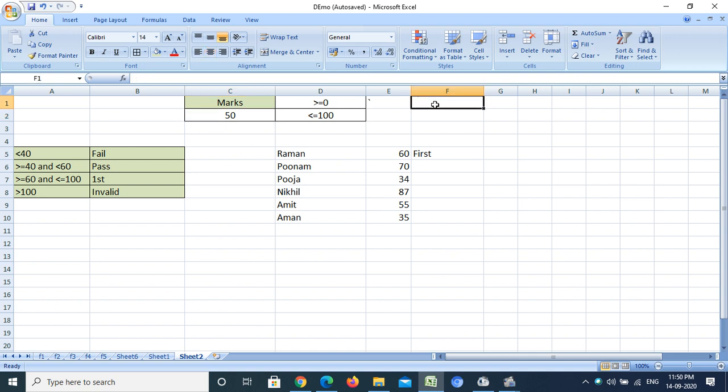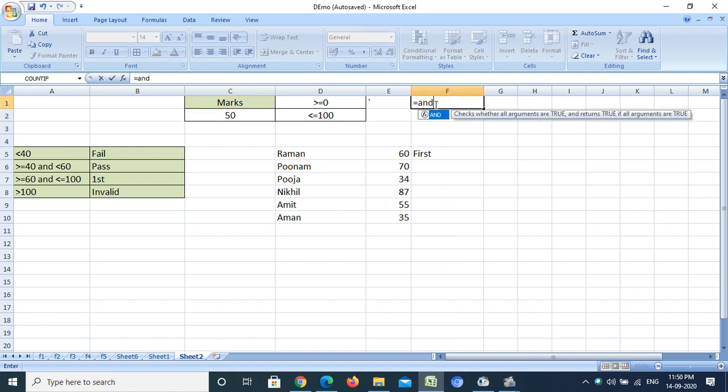First of all, I have to write equal to, then the logical AND function in the bracket. Now if you see, here is logical 1 and logical 2. I have to write the condition here. The condition is that I want to check whether this marks is greater than or equal to 0 and less than or equal to 100.